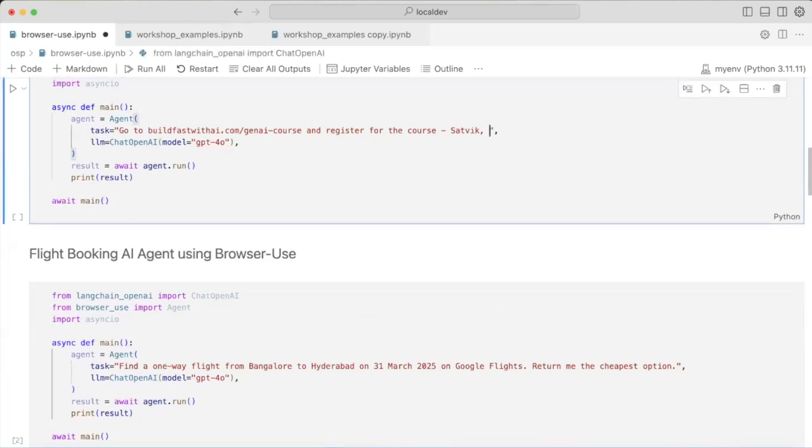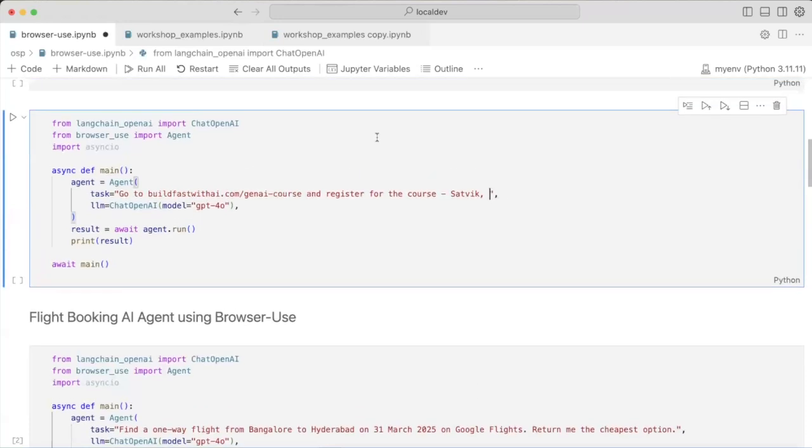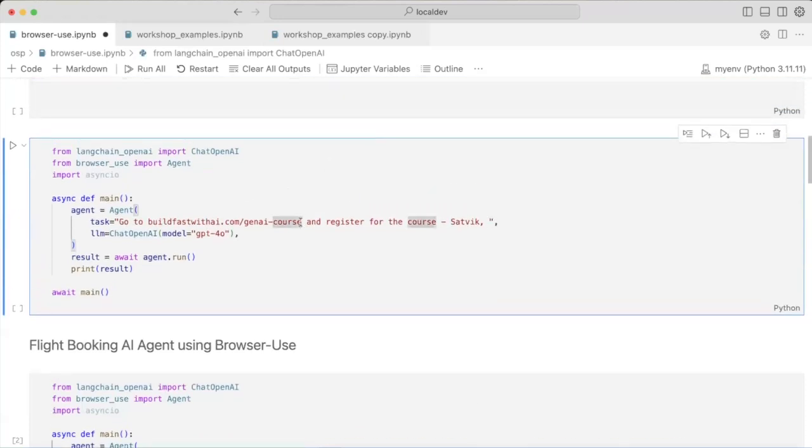Now let's say I have to fill a form. You have seen the demo of, let's say, a web scraping agent. You have seen a demo of a browser agent, and you want to learn more about AI. So what is the next step you will do? You want to register for the course that we are offering, right? So what you will do is you can just go to